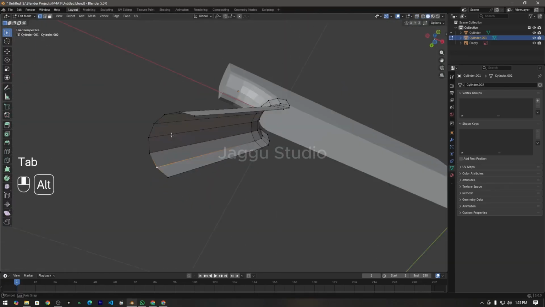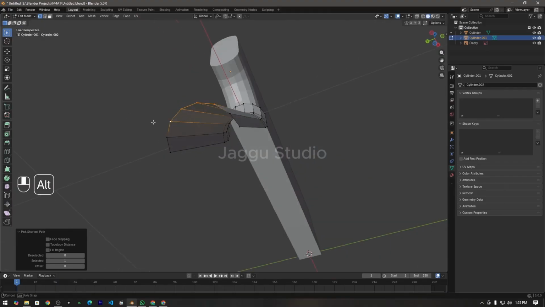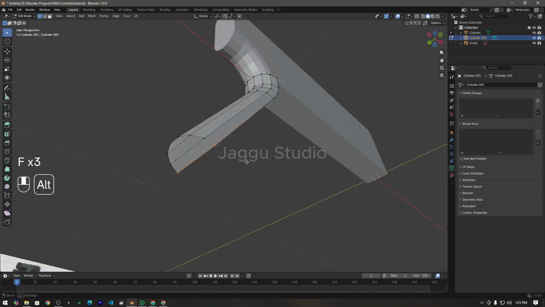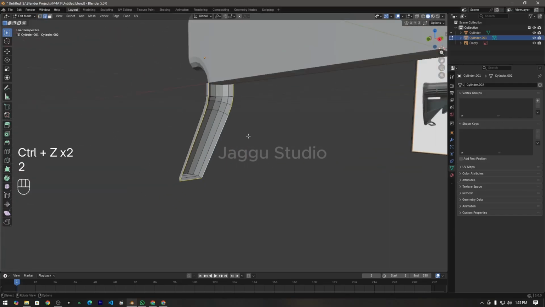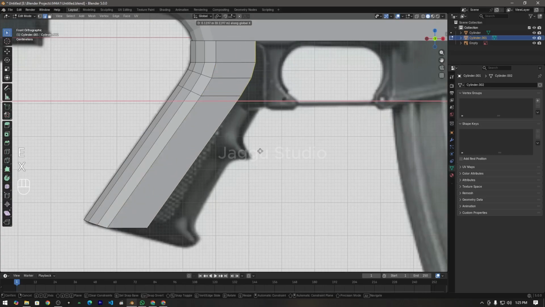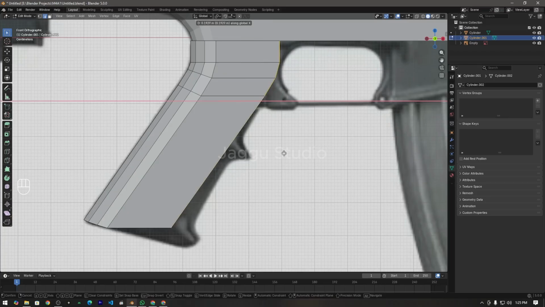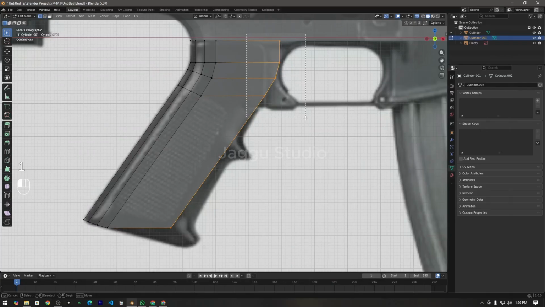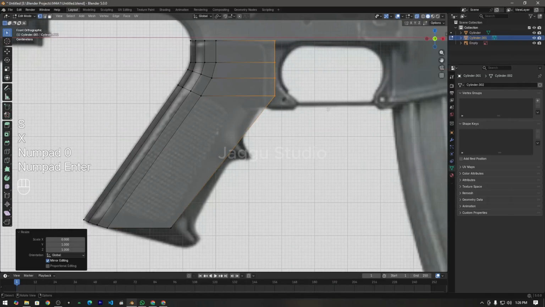And now again, just like before, I'm going to select these edges, press F to fill them, and then press F again to fill the rest of it. And now then press E to extrude it, and then go into wireframe mode, and I'm going to select these vertices, press S, X and then 0 to